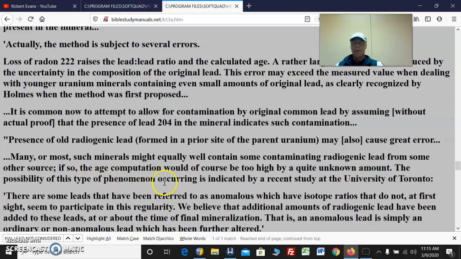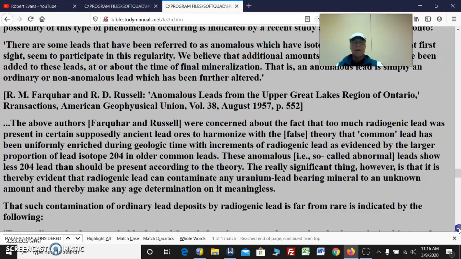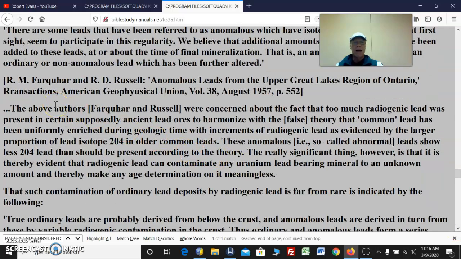The possibility of this type of phenomenon occurring is indicated by a recent study of the University of Toronto. There are some leads that have been referred to as anomalous, which have isotope ratios that do not, at first sight, seem to participate in this regularity. We believe that additional amounts of radiogenic lead have been added to these leads at or about the time of final mineralization. That is, an anomalous lead is simply an ordinary or non-anomalous lead which has been further altered. You don't know whether it's been intact, the sample that you're measuring, and it could be off by millions of